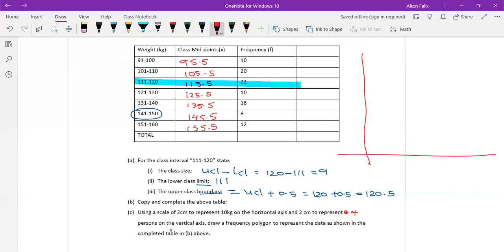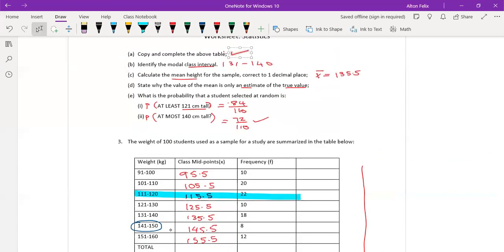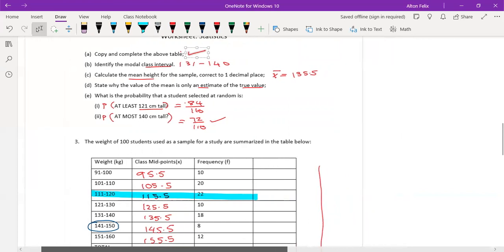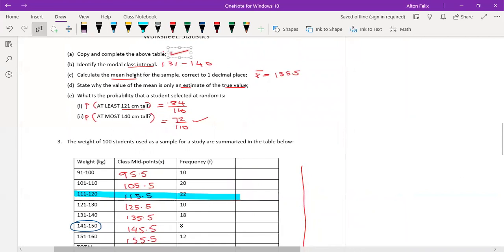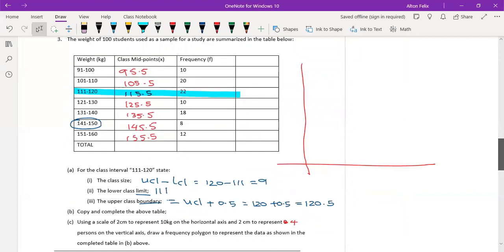Okay, so each of these we're going to write the actual midpoints we got for each of those groups there. So the first one would be 95.5, second one 105.5, and so on. Third one 115.5,